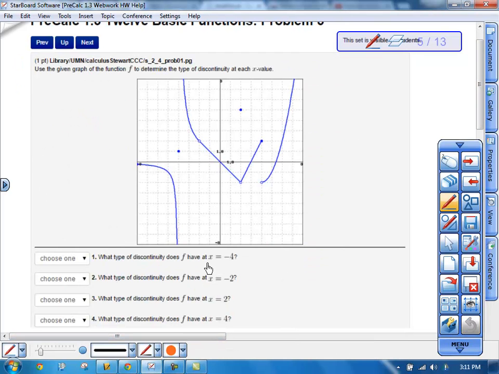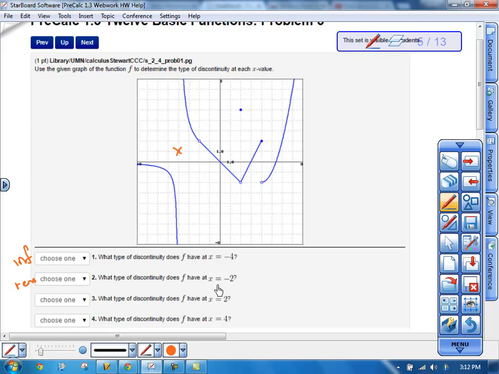Next question, what type of discontinuity does the graph have at negative 4? I don't know why that's there, ignore that. But at negative 4, it goes from negative infinity, and then jumps all the way to positive infinity. So that's infinite discontinuity. And then at -2, you have a hole, so that's removable